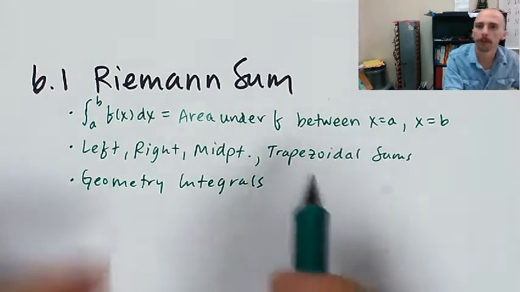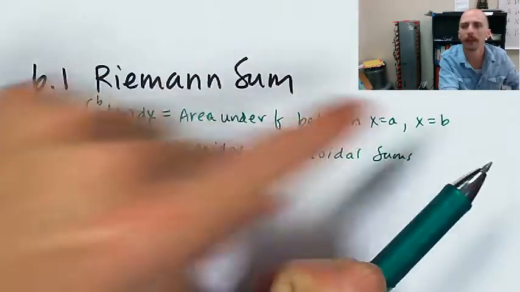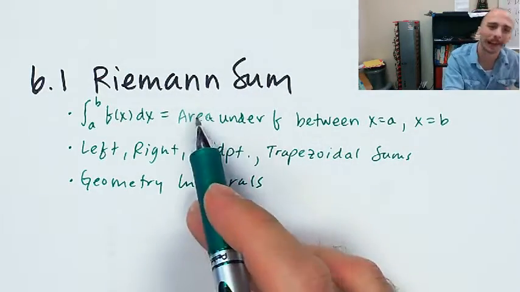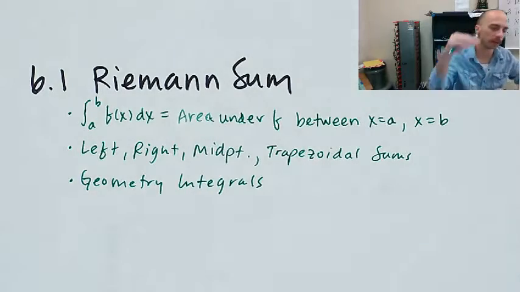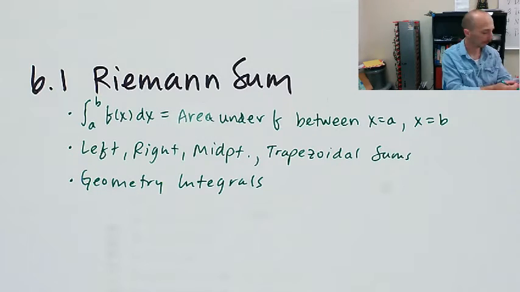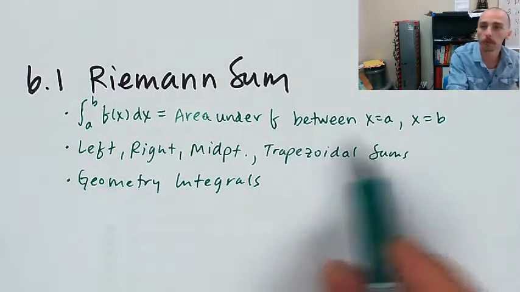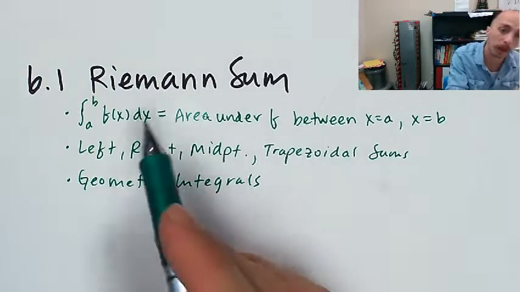So that's just the fact that this notation means the area underneath the graph of f between x equals a and x equals b. It really means the net signed area, because we decided that if the function went negative, that would count negatively towards the area. And we saw more evidence of that when we learned the fundamental theorem, but we're not quite there yet. Left, right, midpoint, and trapezoidal sums,